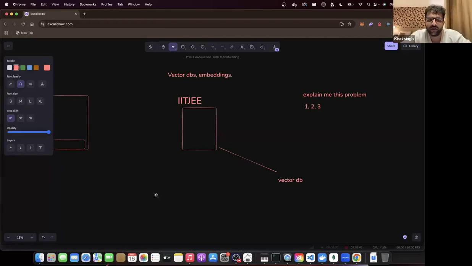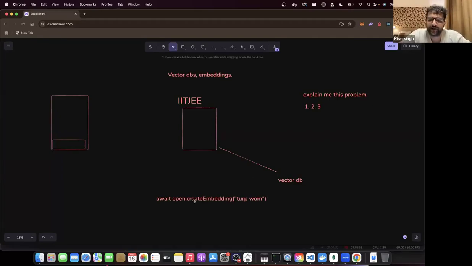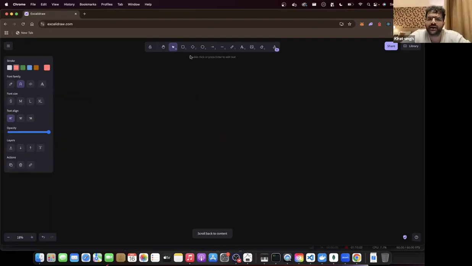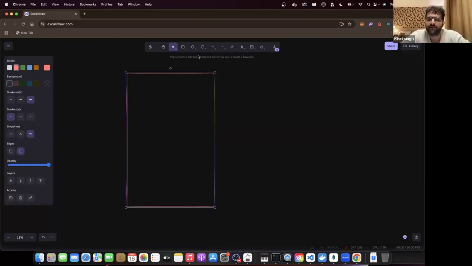How can you call OpenAI create embedding? Give it some text, prompt 1, and this will return you the vector for that specific text. That is how this is built for chat with a PDF. It's the same thing. What is chat with a PDF? There is a very big PDF that people want to chat with. Upload the PDF, talk to it.